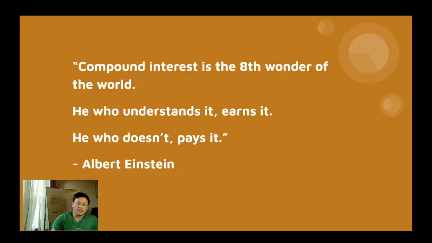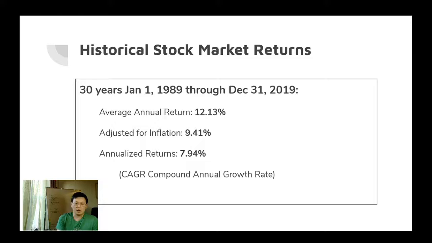Now, obviously, that example was not very realistic. It was just there to prove a point. So let's start looking at some real life numbers. Because we are talking about some investment opportunities, let's look at the historical stock market returns. Now, in the last 30 years, from January 1st of 1989 through December 31st of 2019, we get an average annual return of